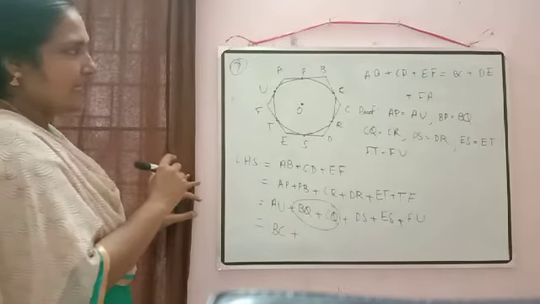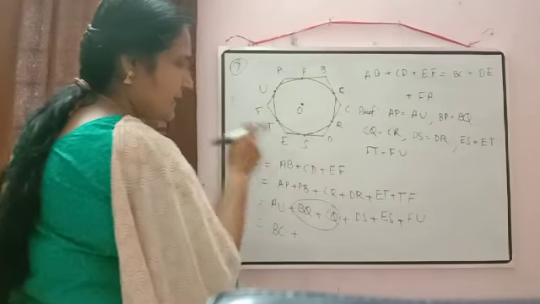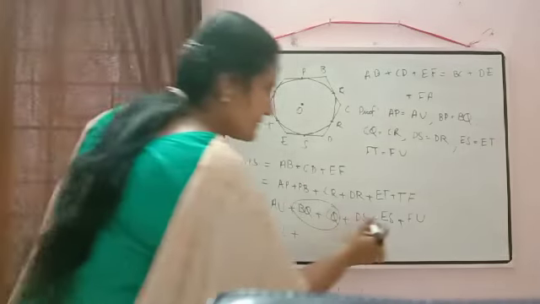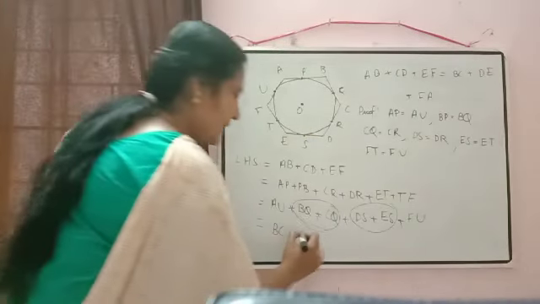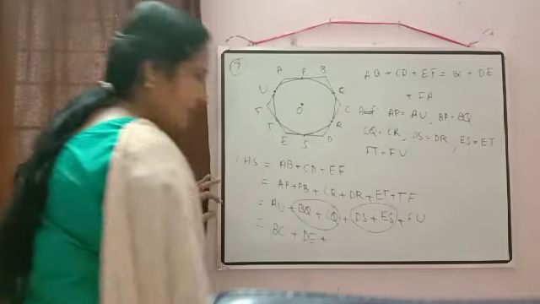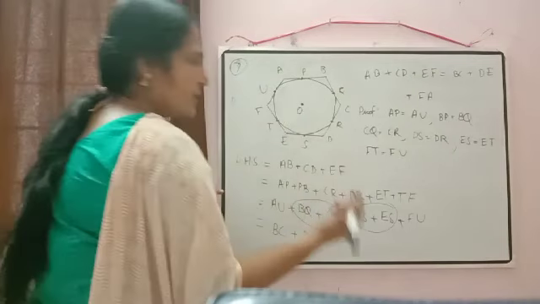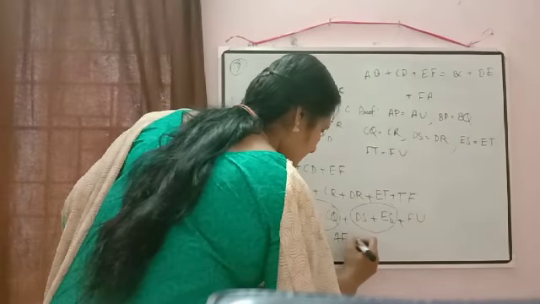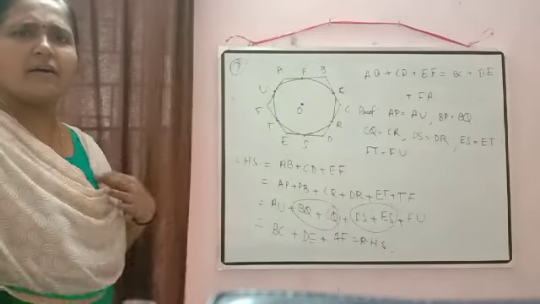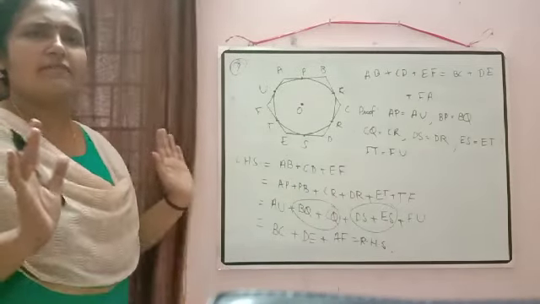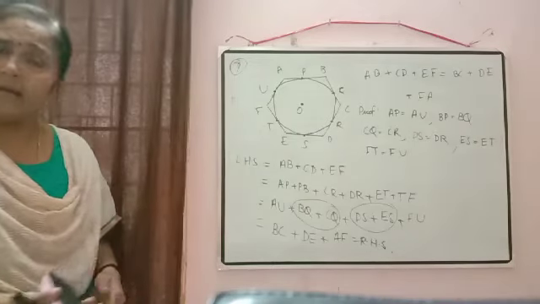Now next we want DE. DE will come when DS and ES is there. Whether we have? Yes, here we have DS plus ES. In place of that, what we can write here? DE. Then next one, AU plus FU, that is equal to AF. So we got the right hand side. So our proof is over. Just to check, we are using that property only: length of the tangents drawn from an external point to a circle are equal in length.